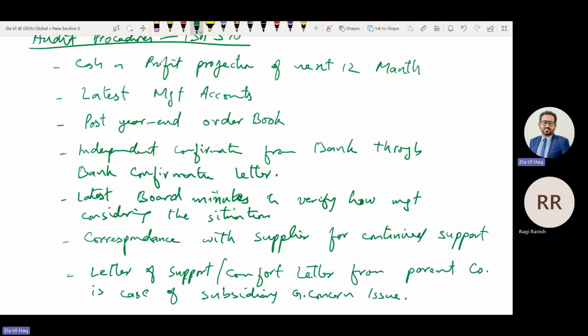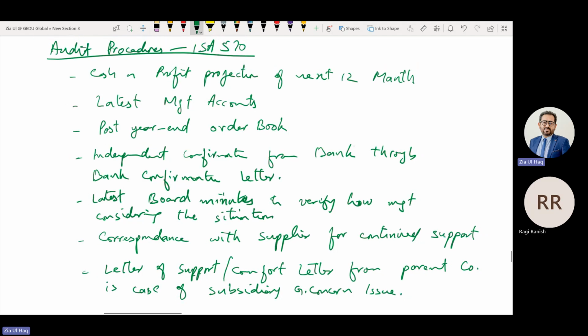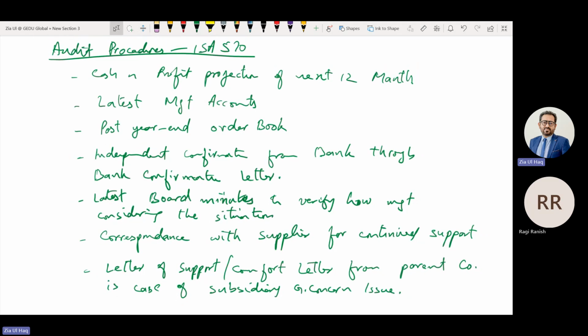If they have provided this representation, this means the subsidiary is a going concern. If they are not providing this letter of support, meaning the representation, this means the subsidiary is not a going concern. Then we will see whether the subsidiary is material from a consolidation point of view. This means the group as a whole is not a going concern. So these are the procedures or evidence we can discuss in case of a going concern issue.